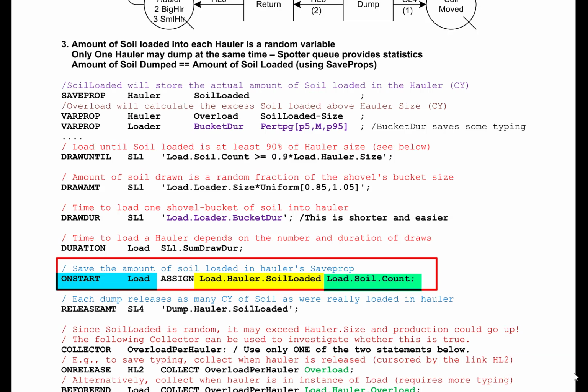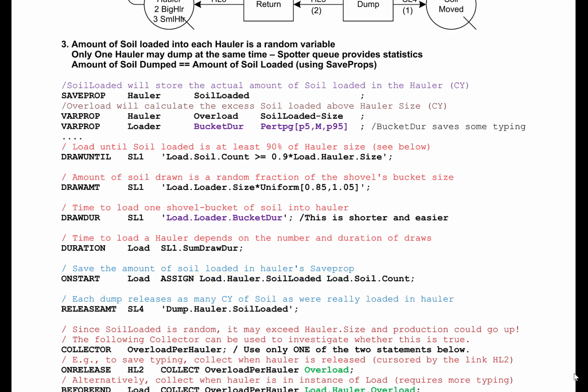That amount of soil is given by load.soil.count. That was the amount of soil drawn, and that is the number that will be stored in the saveprop soil_loaded of the hauler in load. Each hauler carries with it that saveprop soil_loaded that contains the number which represents the amount of soil loaded